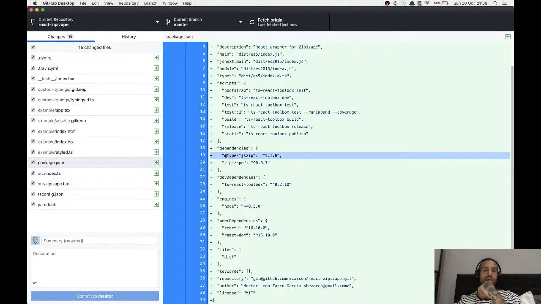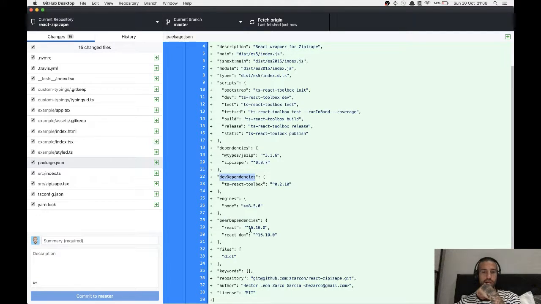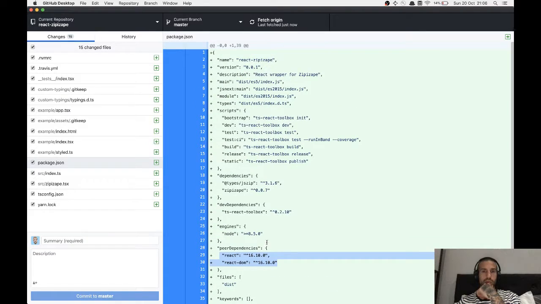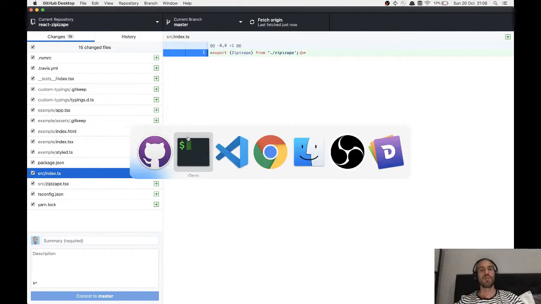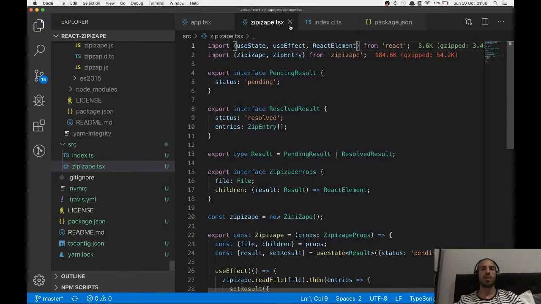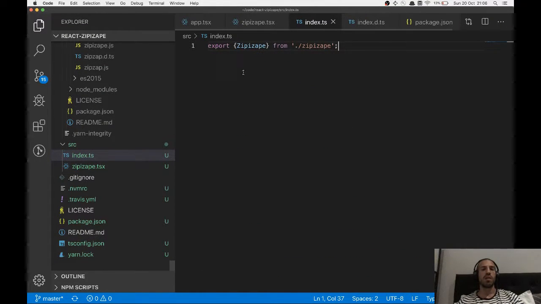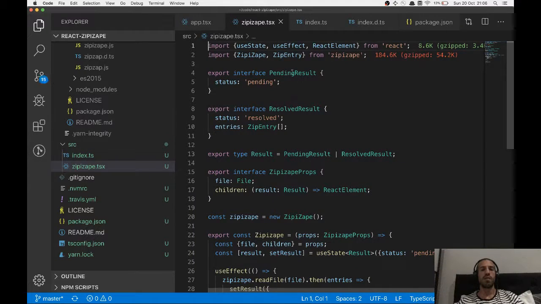I should probably move this into the dependencies, but it doesn't really matter at this point. React and React DOM. Cool. So this is all we're exporting. We actually should be exporting, don't make the same mistake, and export the interfaces like